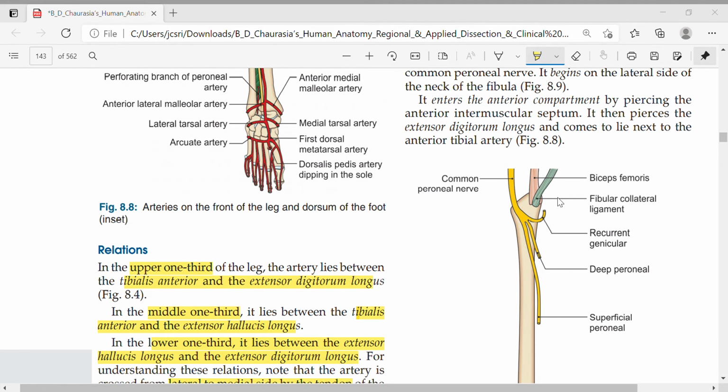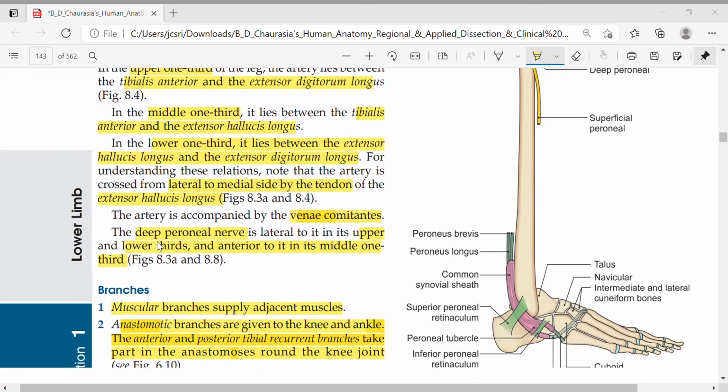Okay, so the medial malleolar anastomoses with the posterior tibial artery and medial plantar artery, whereas the anastomosis of the lateral malleolar is the lateral dorsal artery and perforating branch of the posterior tibial artery. Both are with the posterior tibial artery only. So plantar artery and lateral dorsal artery. You will see that in the ankle joint.